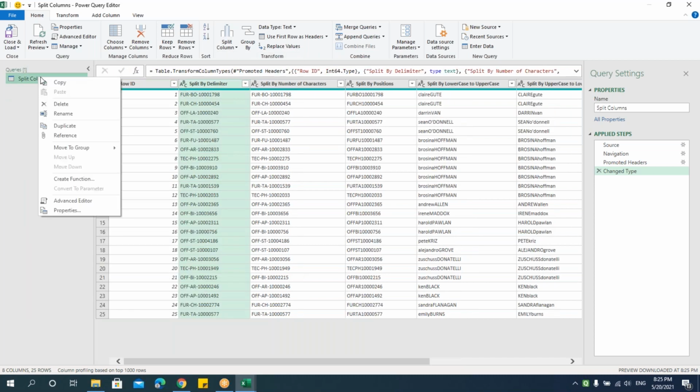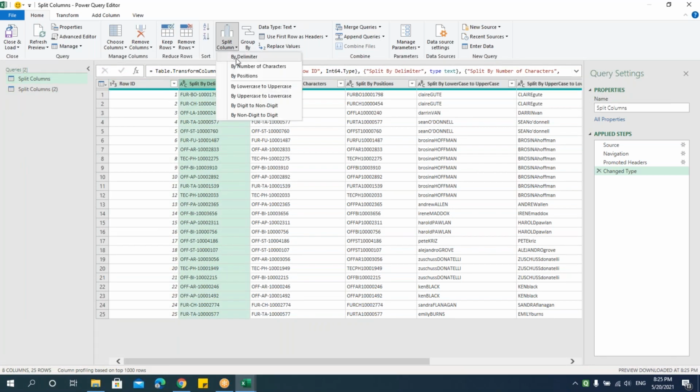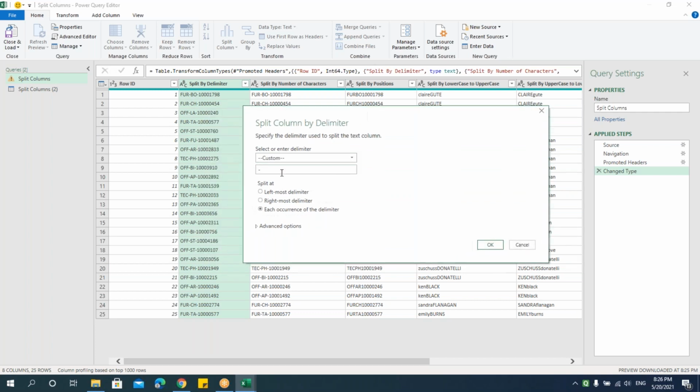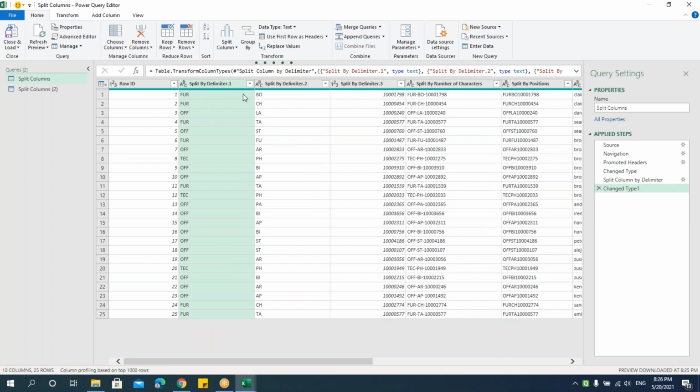If you think we need this for some more examples, select split columns and click on this delimiter. It'll ask for the delimiter. By default, it will check and automatically give me the delimiter character. Here it is taking hyphen. And we have different options here: leftmost delimiter, rightmost delimiter, and each occurrence of the delimiter. When I say each occurrence, wherever we have these hyphens, that will be split. Say OK. You can see that the columns get split like this.